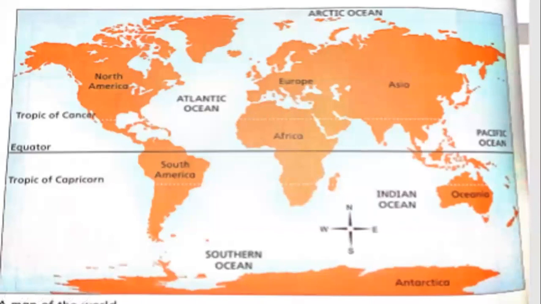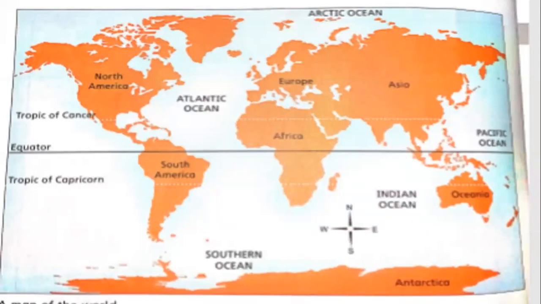So students, you can see the division of land and water. This is the world map, and it is drawn in your book also. You can study it carefully. Students, I'm going to read for you. This central line is called the equator. You can say it divides the earth in half.